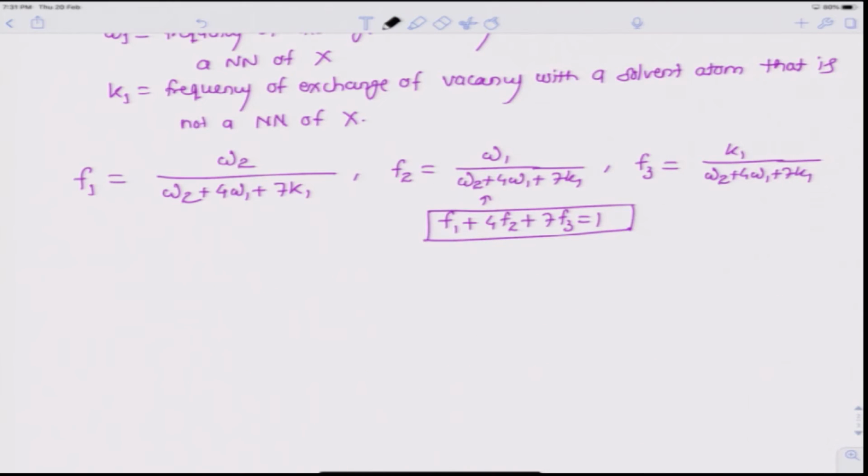To get the value of P(n) of S, we can write this as the probability that the vacancy after making n minus 1 jump comes to a site which is nearest neighbor of S times the probability that the vacancy on its nth jump exchanges with the atom on S. So, this is probability